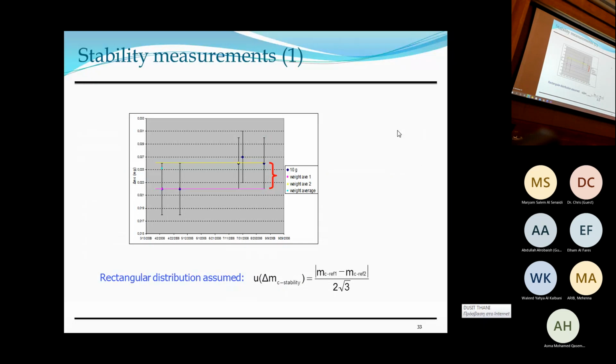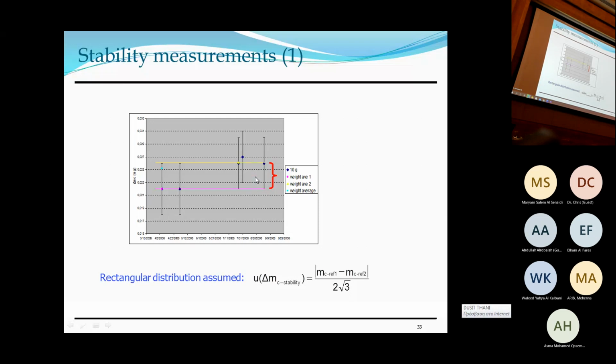So you see, initially, the measurements were along some average, some line, and then after some time, this is before the circulation, this is after the circulation, there was a shift in the average